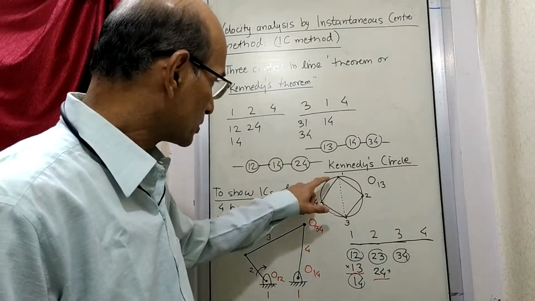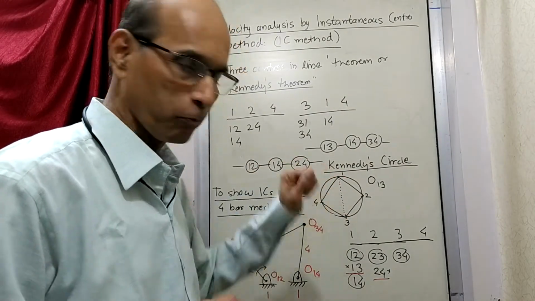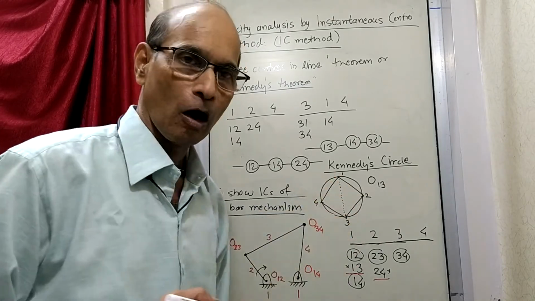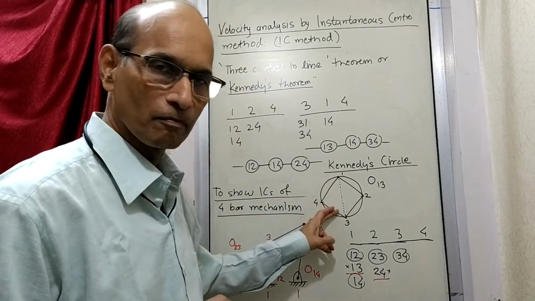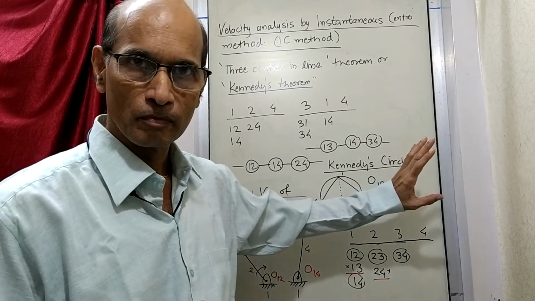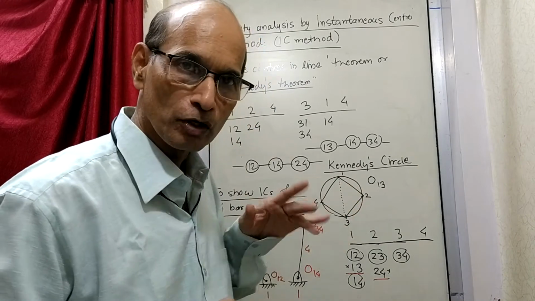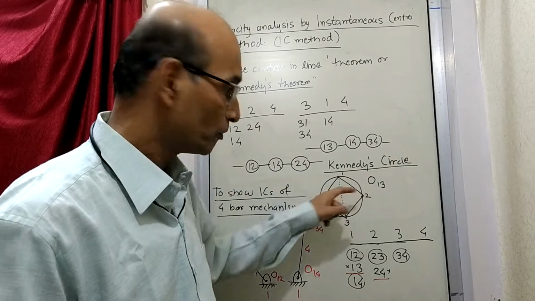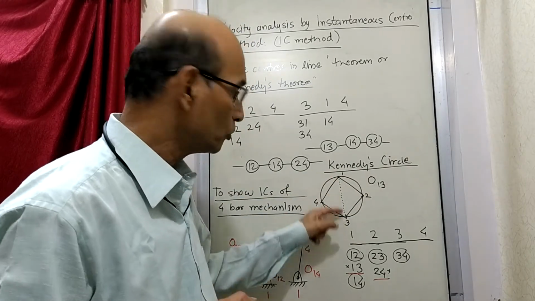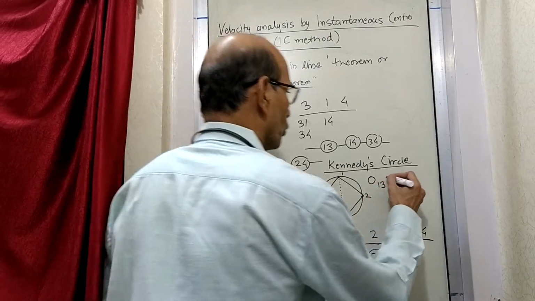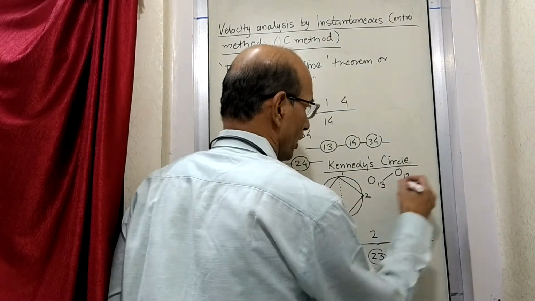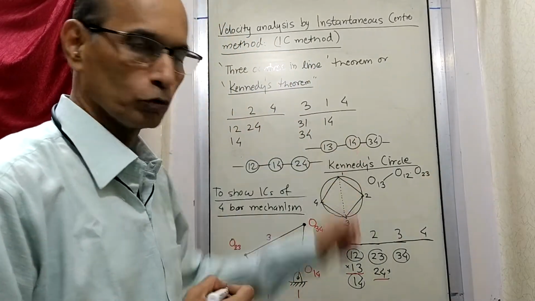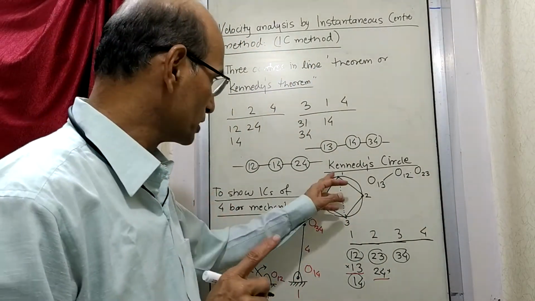Now see here. Suppose you want to reach from this point to this point, and these are the roads available. How will you reach from here to here? There is no road here, since a line is a road. Road means you have to walk on this road. So you can go from 1 to 2 and then 2 to 3, going through O12 and O23. So this is one road available to reach from here to here.